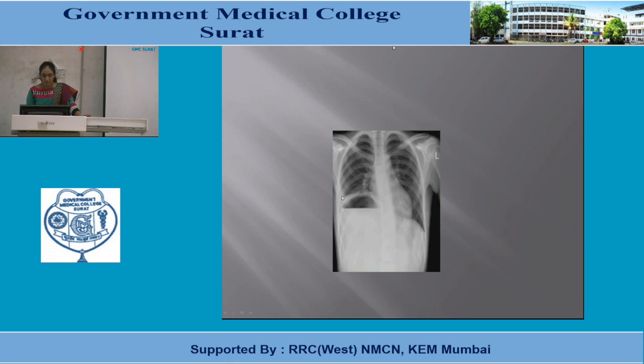This is a chest X-ray plus upper abdomen taken in standing position, showing a large air fluid level noted under the right dome of the diaphragm. This is not a true pneumoperitoneum, as this line is thick and irregular. This is a case of right subdiaphragmatic abscess, and in case of pneumoperitoneum, this line is thin and regular.